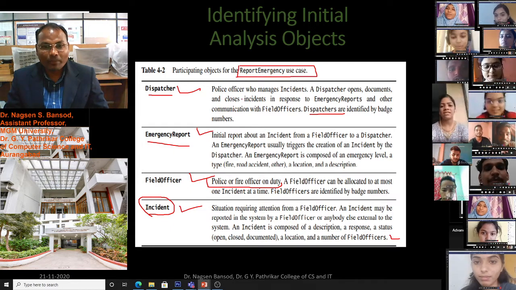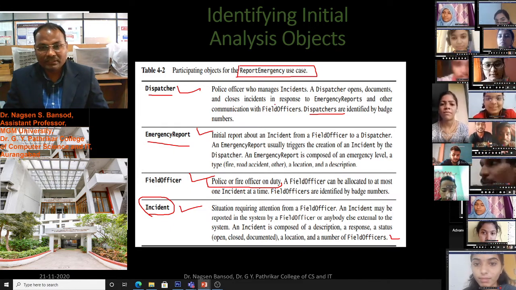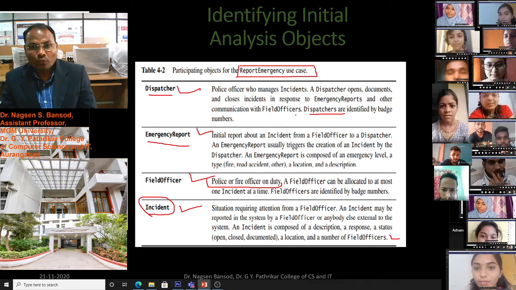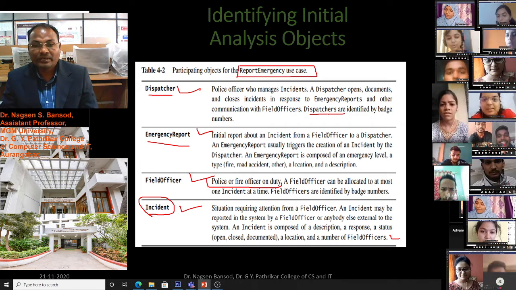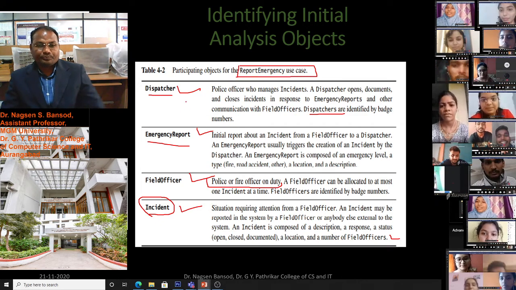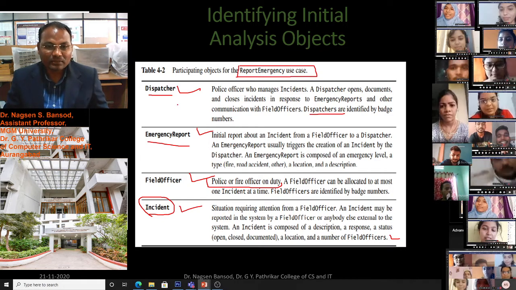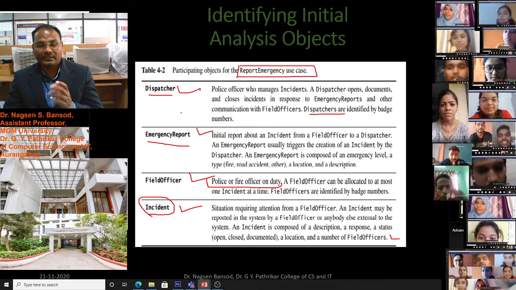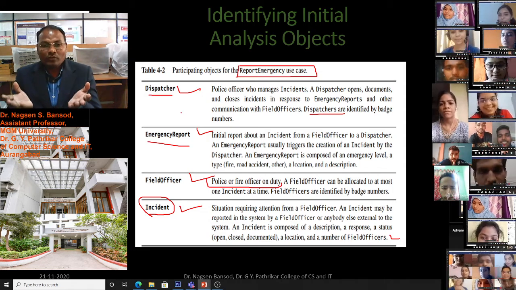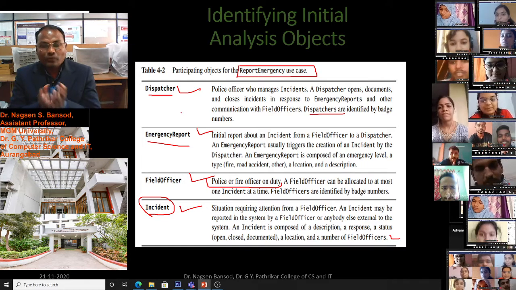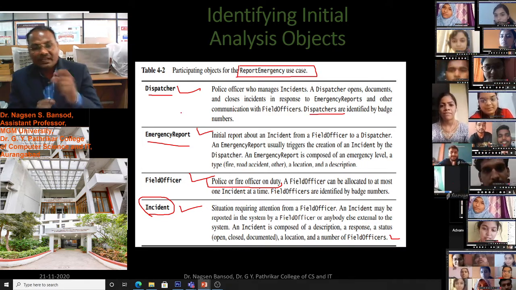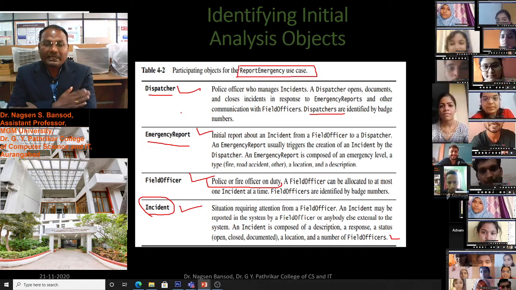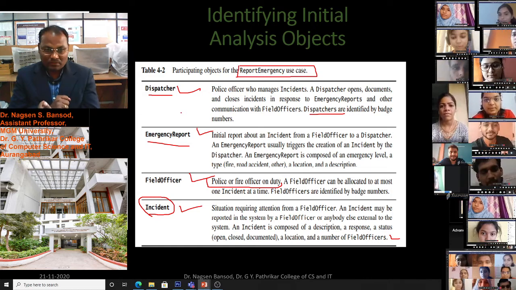A dispatcher opens, documents and closes incidents in response to emergency reports and other communication with field officers. Dispatchers are identified by badge. In incident management, at the location where the accident takes place, suppose there is some person who is the dispatcher, we will identify them by the badge number provided to the dispatcher.